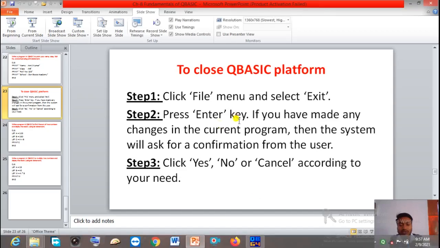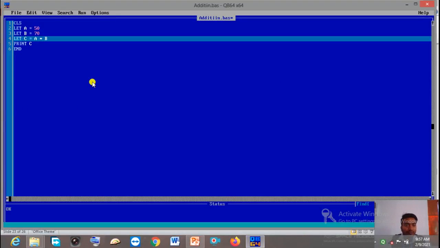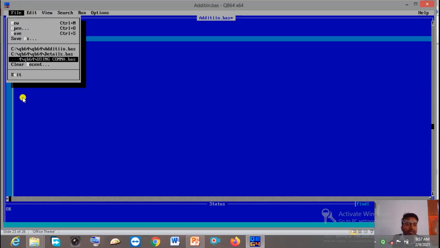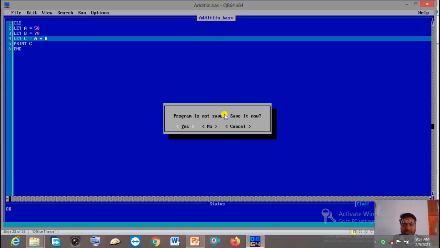Okay, now let me show you the practical. Suppose you want to close this platform or this application. For that, either you click on this close button or you click on this File menu. Then you will get the Exit option, so just click on that. Then you will get the message, program is not saved, save it now.